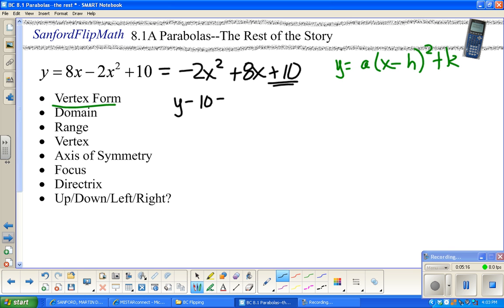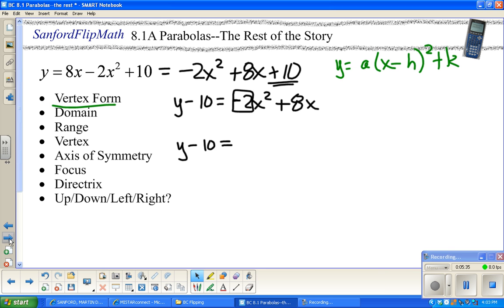And again, I'm going fast on this because we've already done this back in chapter 2, I believe it is. I think it was section 2.1 or 2.2, so you could even go back to those videos if you want to have a little more information. Okay, next up, if there is an a out here, I need to factor it out of everything on the right. Okay, so I'm going to pull this -2 out in front,